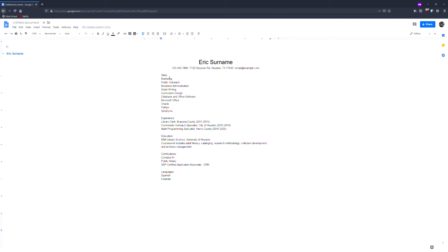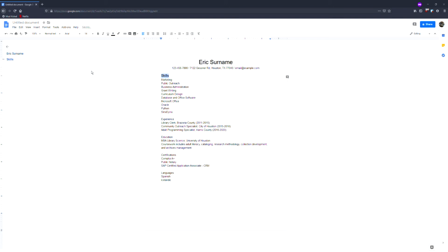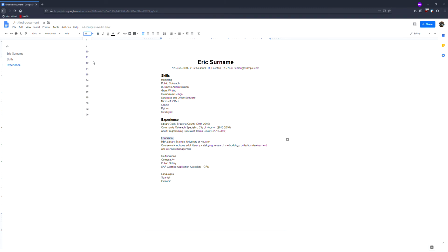We'll do the same to skills here. We'll make this a little larger. Let's go with 14. And now we have some formatting options here: bold, italic, underline, text color, and highlight color. Let's make skills bold, just like we did with our name here. We'll do the same for experience, size 14, bold, education, 14, bold,